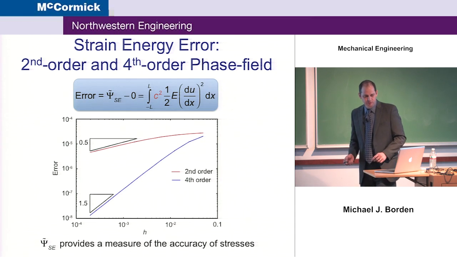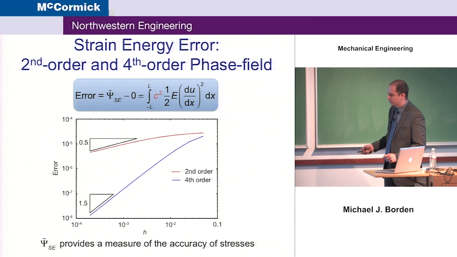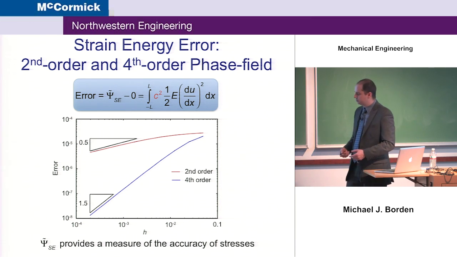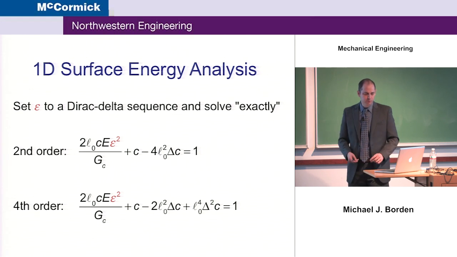If we do that and look at convergence, we see as we decrease our mesh size, for the second order we get a convergence rate of 1/2. The fourth order converges at 1.5. So we get better convergence with our fourth order theory. So it's going to provide better accuracy in our strain energy. We do something similar